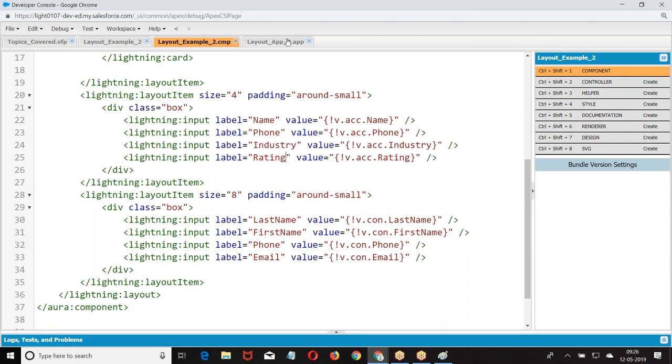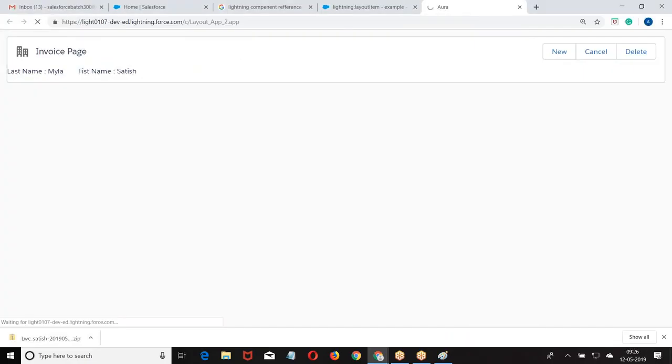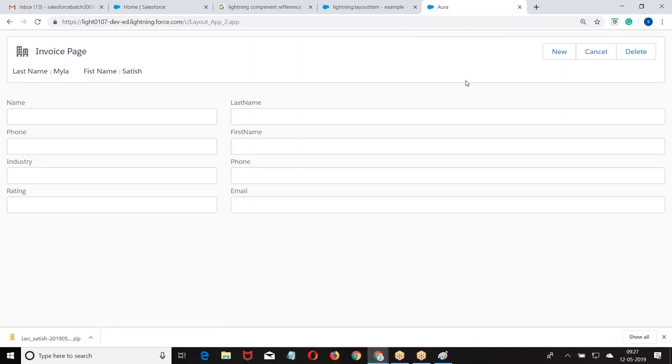Now apply. First let me show the view. Now we are getting this structure. Now I want to give a border for the element.